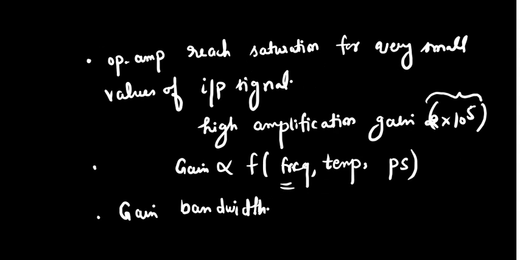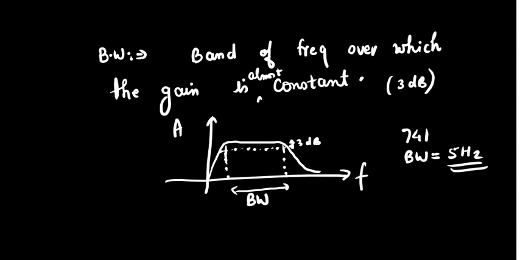Because it will be distorted, it will be clipped off. So amplification, you will not get the amplification. So there is no use of having such an ideal. बोलते हैं ना ideal है but practical नहीं है, right? So in order to make this a bit useful in practical life or day-to-day life, what we do, we apply feedback. By applying feedback, we lose in terms of gain, but we win in terms of